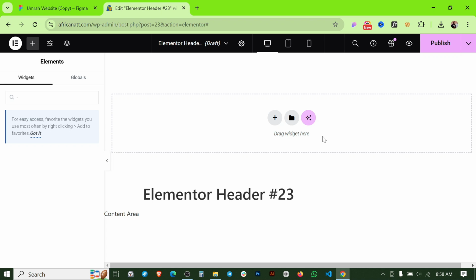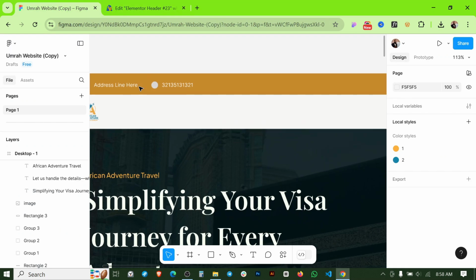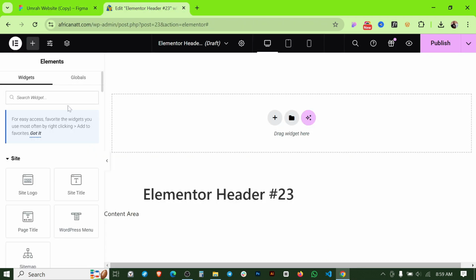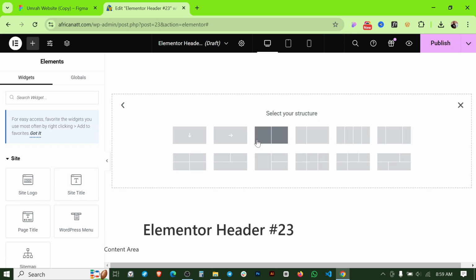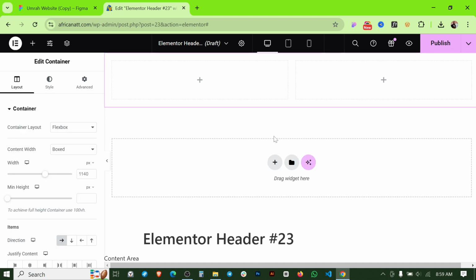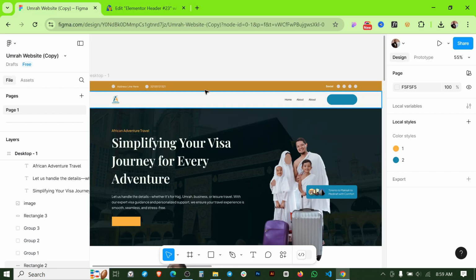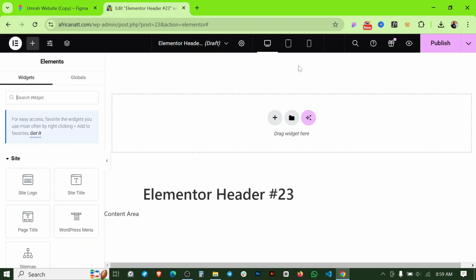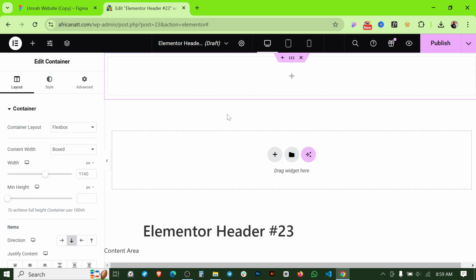And here we are in our basic dashboard. So here we first have to indicate our structure. This is a left side with two elements, and here is a right side with two elements. So if I click here on this one, let's choose this two-column section. I'm sorry, but we have to take this logo section also in our header. So what we can do is make it one column at once, like this, and I'm keeping it